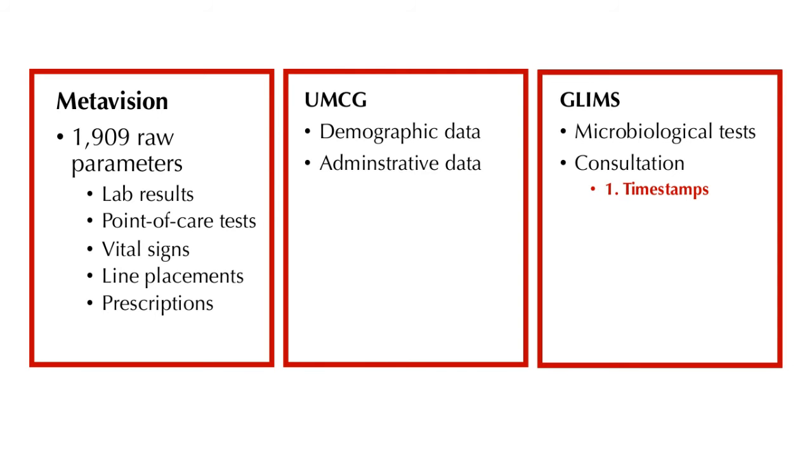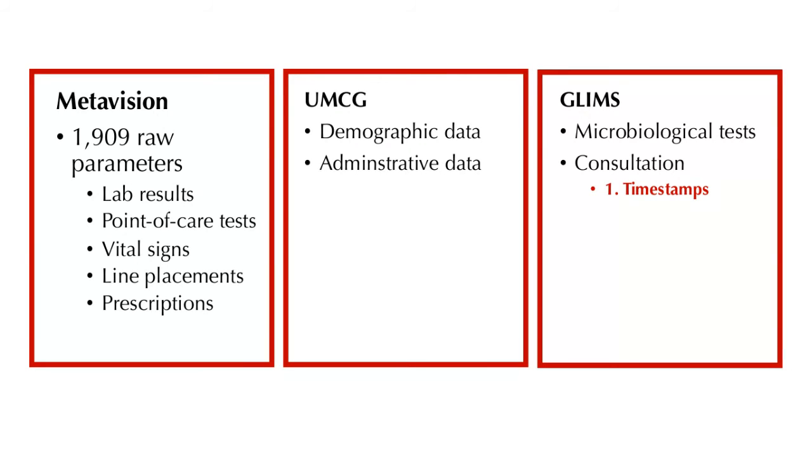So the databases, I already mentioned MetaVision. What we got in this database is a little under 2,000 raw parameters that comprise lab results of any type, point of care tests, vital signs, of course, line placement, so indicating, for example, the presence of an IV line, what kind of line, but also prescriptions,